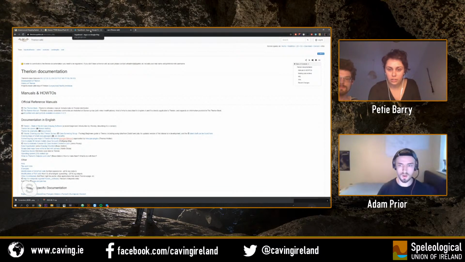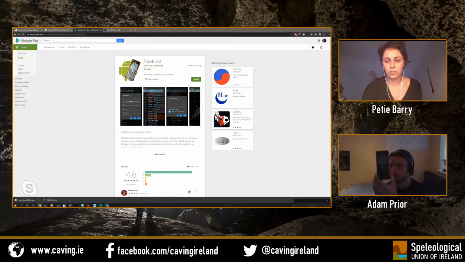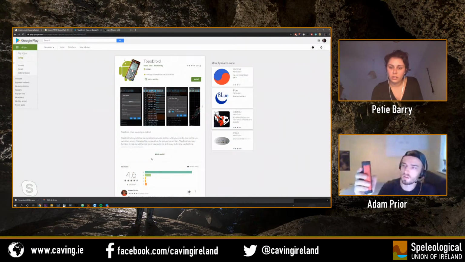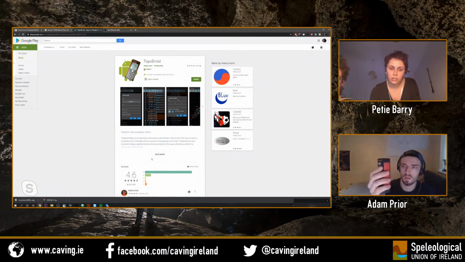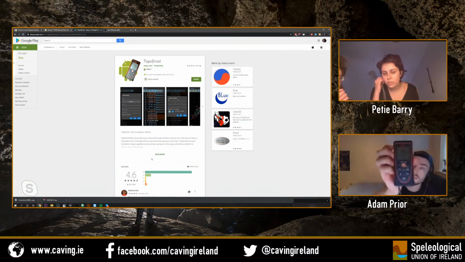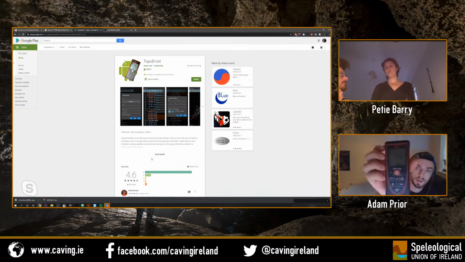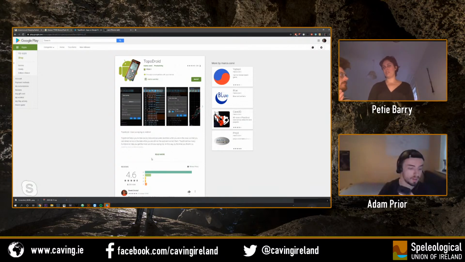Yeah, so TopoDroid. What I do is I use one of these laser measurement devices. It's called a DistoX. You can use this to measure your cave. You can press the center button and it'll take a laser measurement. It'll show you the distance from the bottom of the DistoX to the point you're firing at, your compass bearing and your inclination all in one measurement, and you can repeatedly take these measurements over and over again, and you can connect it to this app here,